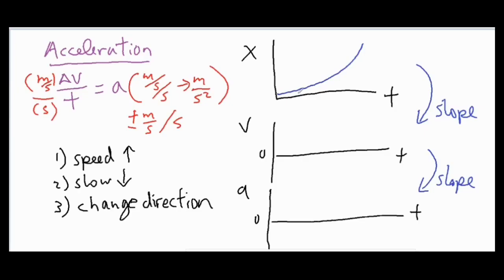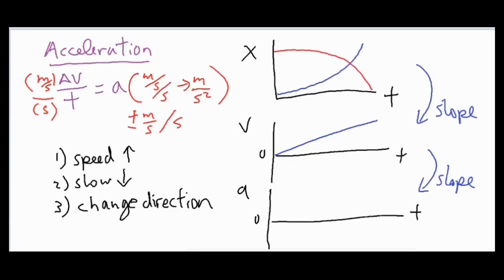Now, if you're taking a look at this slope, it starts out flat, which is almost zero, and then it gets progressively steeper in the positive direction. So that means it is speeding up. So something that is speeding up in the positive direction is going to move away from zero and be above the x-axis. If it was speeding up in the negative direction, it would still get steeper, which means it goes